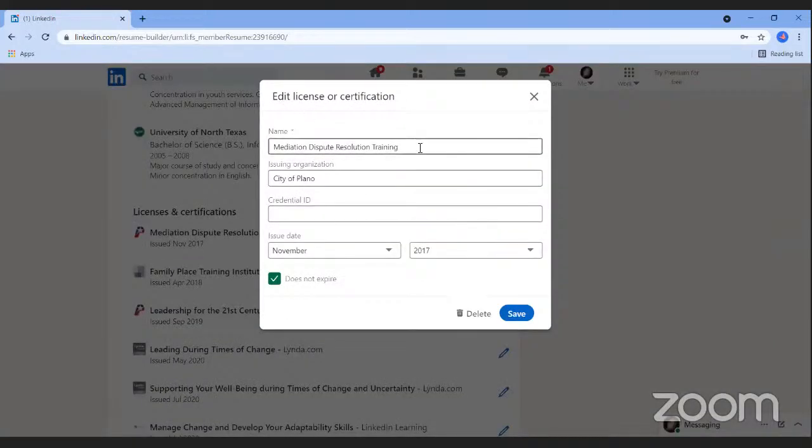Each entry is going to include the name of the license or certification, the issuing organization, which is generally a professional organization or accrediting body, basically, who gave you this certification. If you happen to have a credential ID for that certificate, it would go into that box as well. And then you can put in the issue and expiration date if appropriate as well. But you'll see I don't really have any option to tell you what this is. So if I don't think it's going to be helpful to an employer to say that I have this training, it's just as easy for me to delete it.